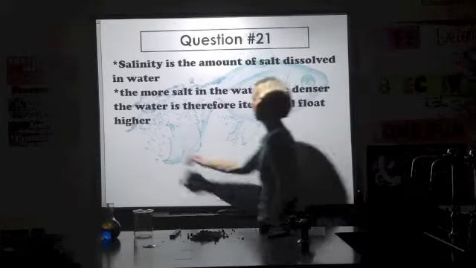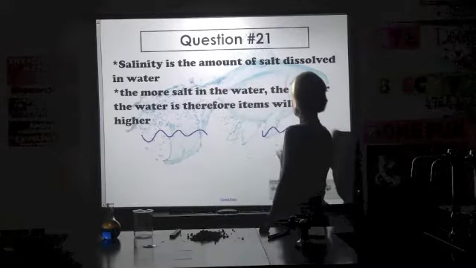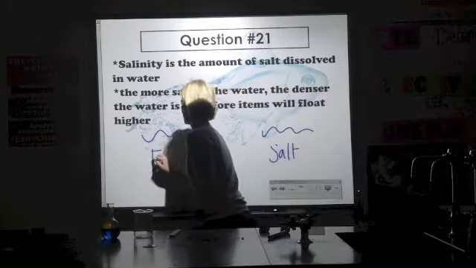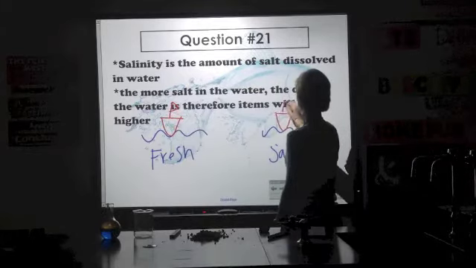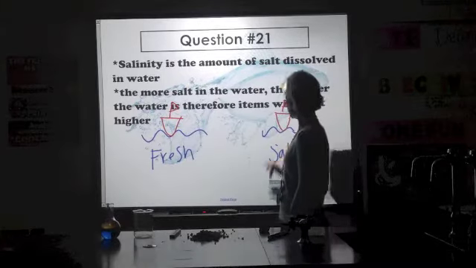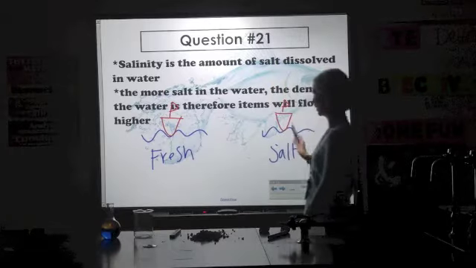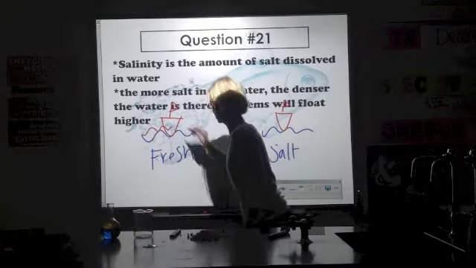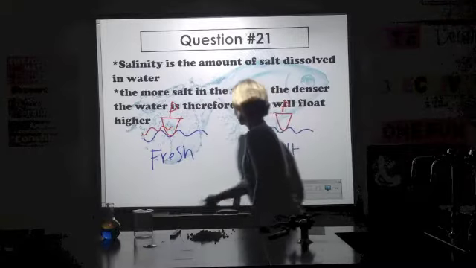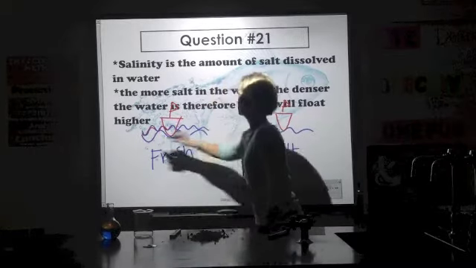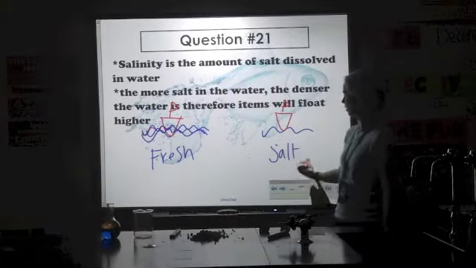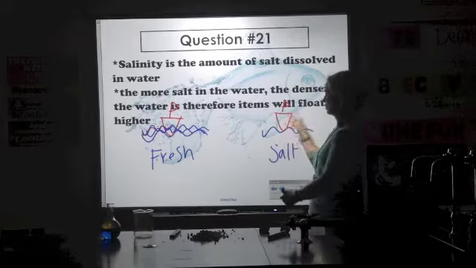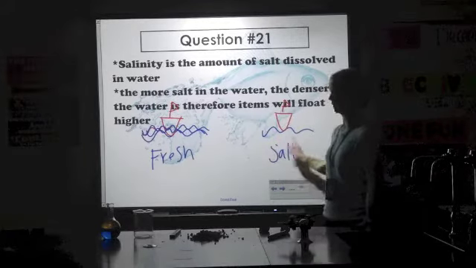Here's my examples, here's one and here's two. This is salt water and this is fresh. Let's make a red boat. This is my boat, don't laugh. And this is my other boat, don't laugh, okay? If I were in salty water, I would expect to see this boat floating this high. We want blue water, not red water. We would expect to see this boat not floating as high in the fresh water because there's not the salt that there is in salt water. We would expect to see this boat pushed up because of the salt.